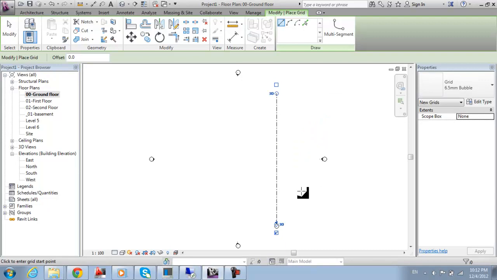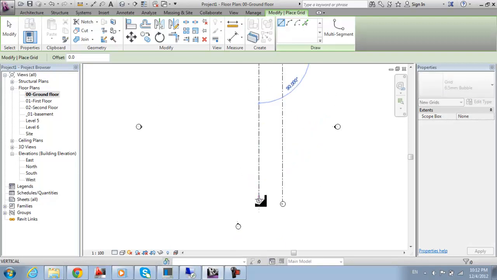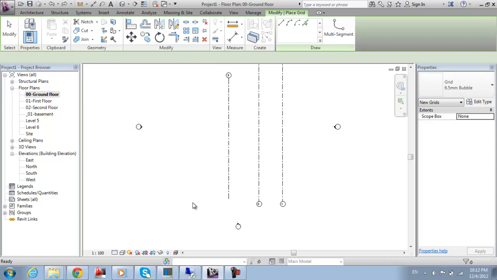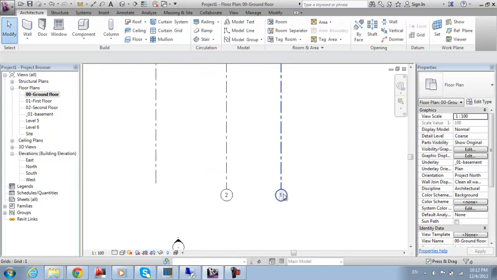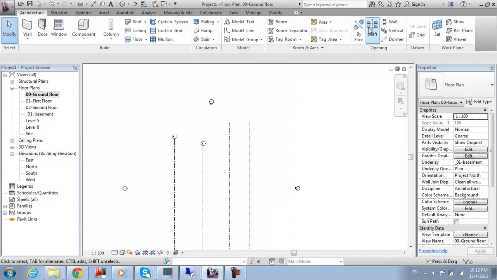Okay, you may choose as many as needed according to the building. This 1, 2, 3, and 4. If you want to add another one